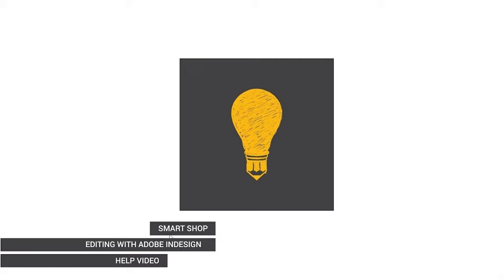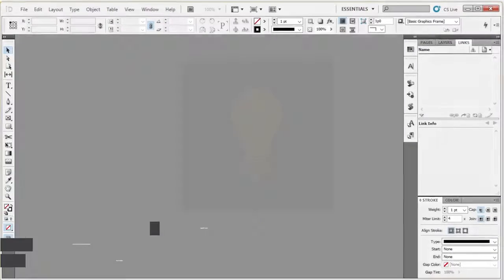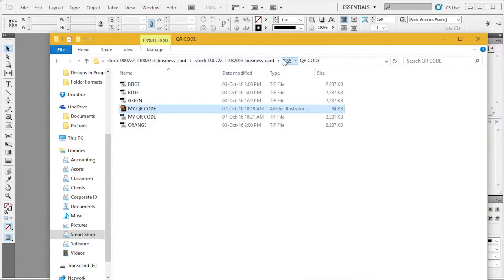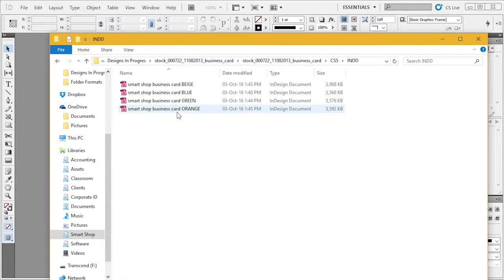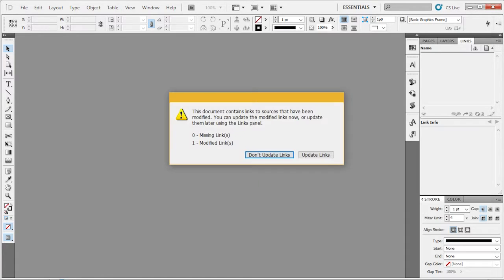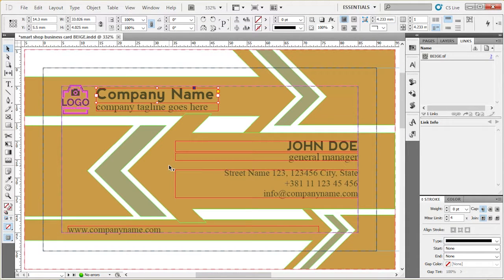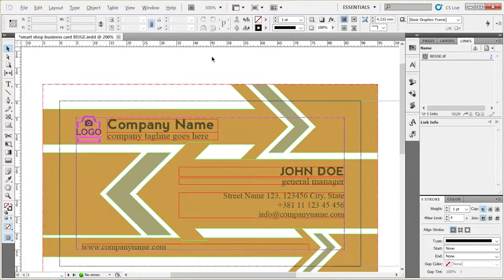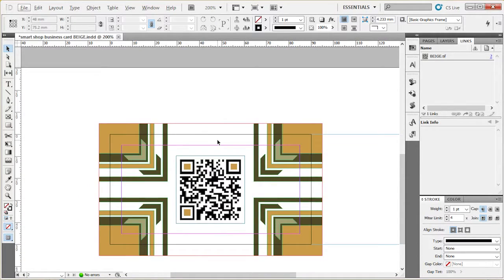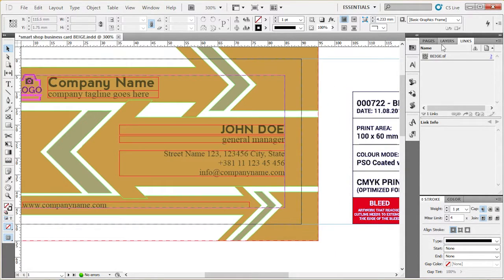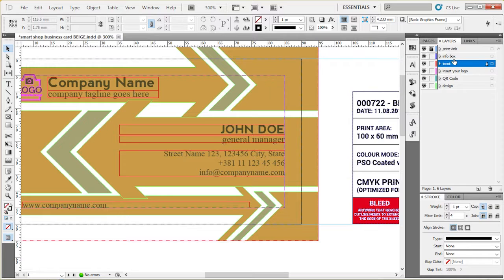In this video we'll see how to edit text and colors in Adobe InDesign. So after we open our InDesign file, let's open this page one. Update links. Okay, now we have our template open. If you go to the layers panel, the first two layers you're going to see here are the